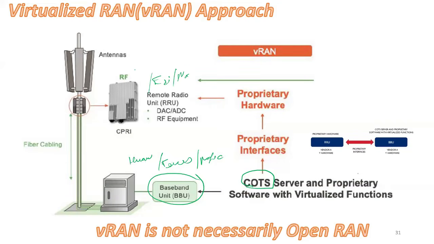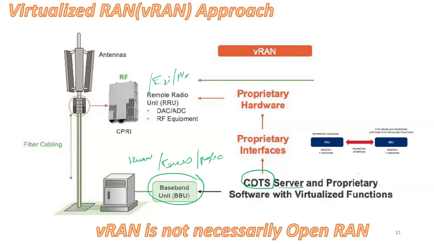So this is not an open RAN, right? Virtual RAN is not equal to open RAN. With virtual RAN, the proprietary radio hardware remains as it is. Here, the BBU gets replaced by the core server rather than being proprietary BBU hardware. The software run on the BBU is virtualized to run on the core server, but the proprietary interfaces between the radio and the COTS-based BBU remain as they are. So though RAN functions are virtualized on a core server, the interfaces between BBU and RRU are still not open.